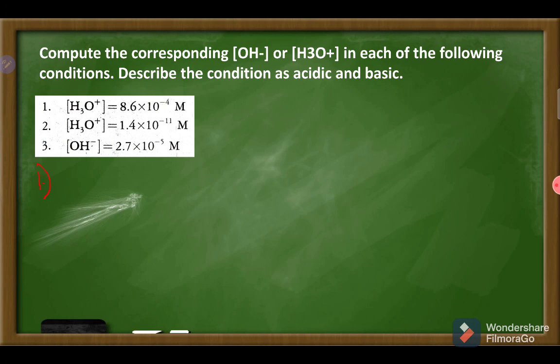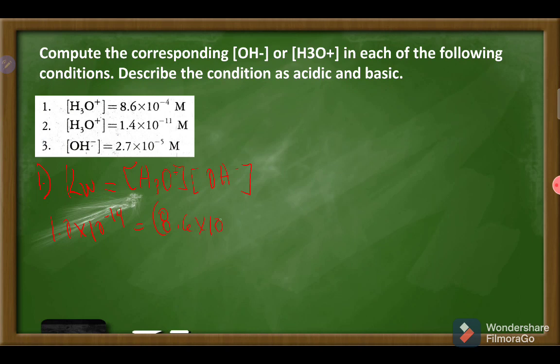Using the formula, Kw is equal to the hydronium ion times the hydroxide ion, we are going to look for the hydroxide ion. If you remember, the constant value is 1.0 times 10 raised to negative 14. Substituting the value, we have